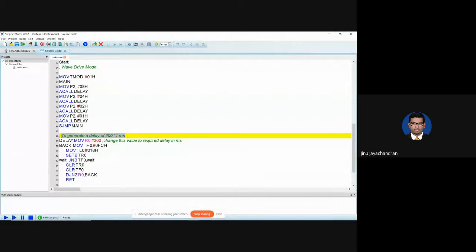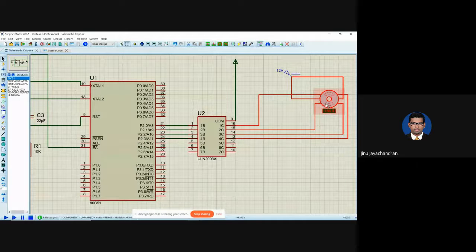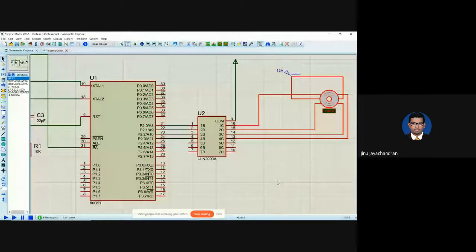Now, why do you need a delay in the stepper motor? The answer is that the stepper motor is an electromechanical device. It has a magnet which needs to be magnetized. When you pass a 1, it will not get magnetized at that instant. Instead, since it's a mechanical part, it will take some time to magnetize to its complete potential.